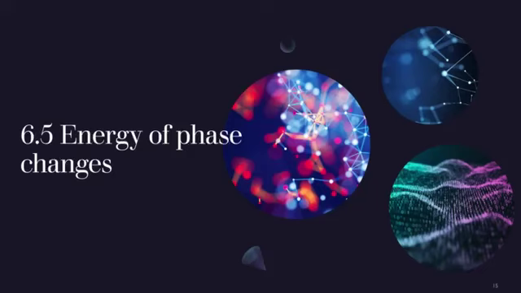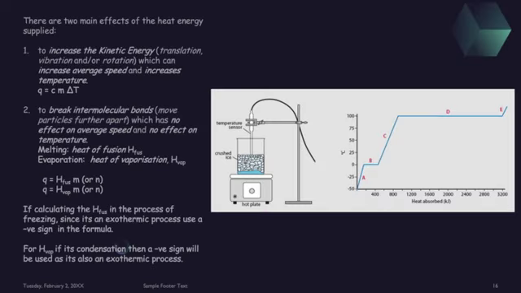This is the fifth part of the sixth unit, energy of phase changes. So the good thing is that you guys are already familiar with this graph. It's telling us that on the y-axis we have the temperature when we melt a solid piece of ice and evaporate it into a gas. And on the x-axis, we have the heat absorbed, or the heat that we're putting into the system in order